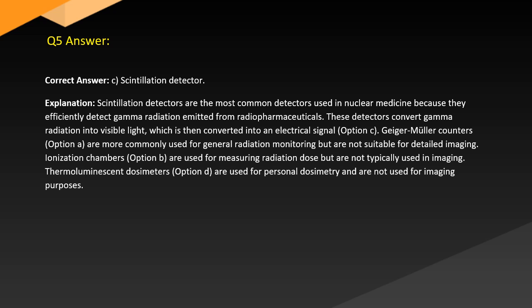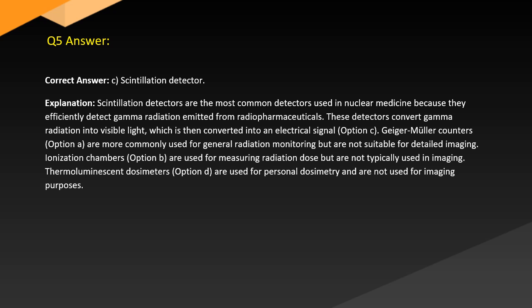Explanation. Scintillation detectors are the most common detectors used in nuclear medicine because they efficiently detect gamma radiation emitted from radiopharmaceuticals. These detectors convert gamma radiation into visible light, which is then converted into an electrical signal. Option C is correct. Geiger-Müller counters, option A, are more commonly used for general radiation monitoring but are not suitable for